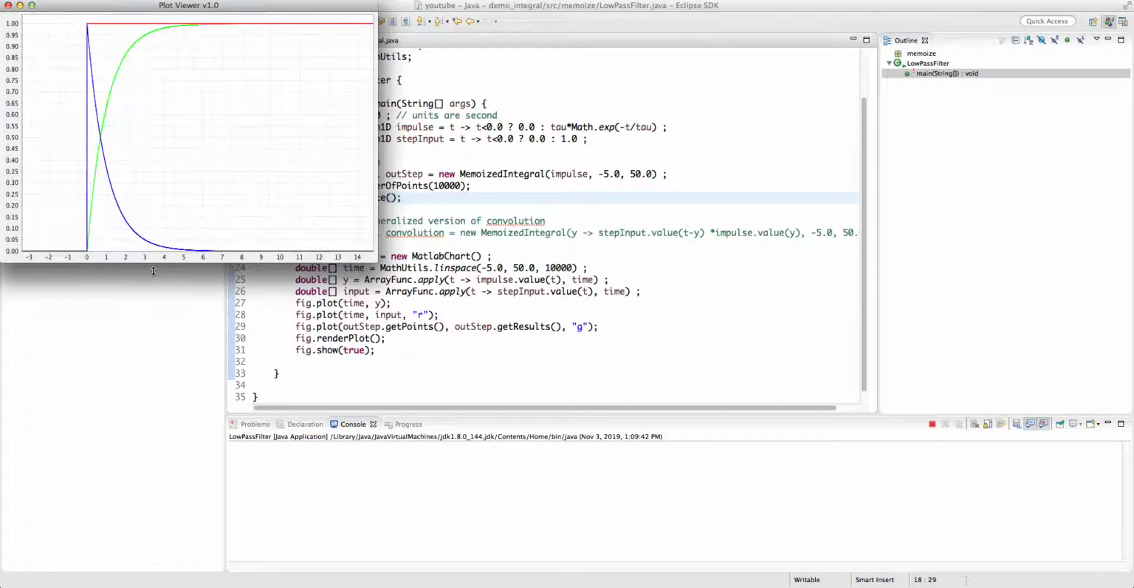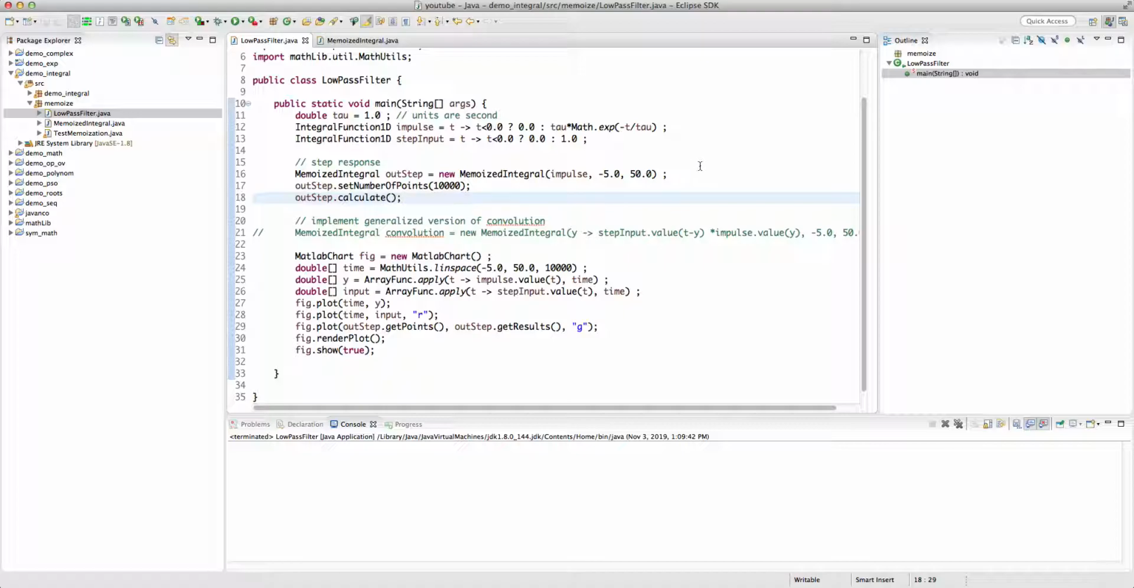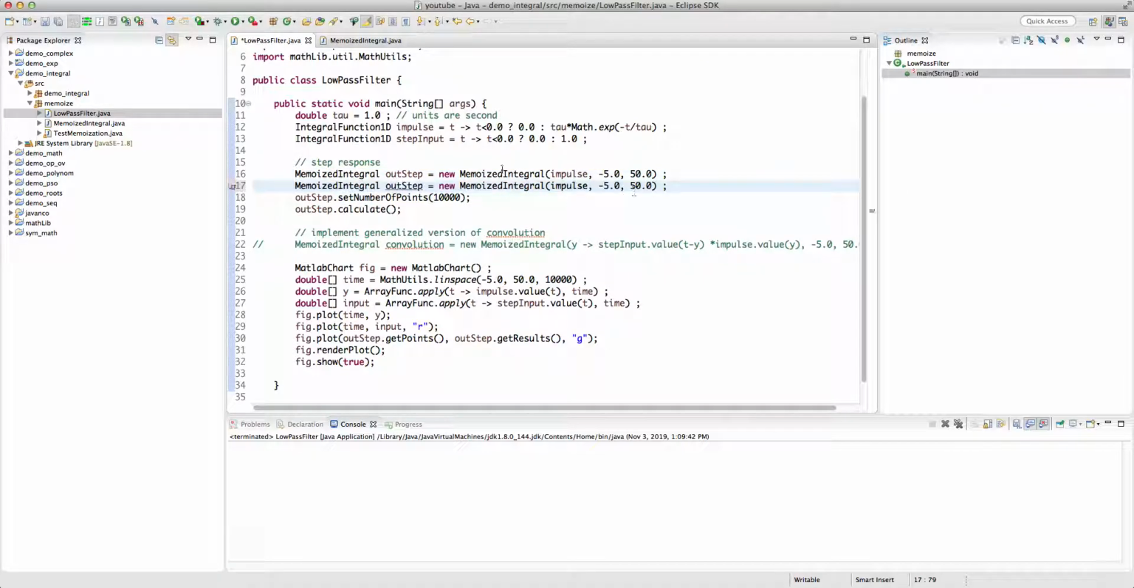Okay, still works. And let's try to implement it using a 2D implementation here. Let's say we want to pass in x and t, pass in a 2D function, a 2D integral function. It goes to impulse